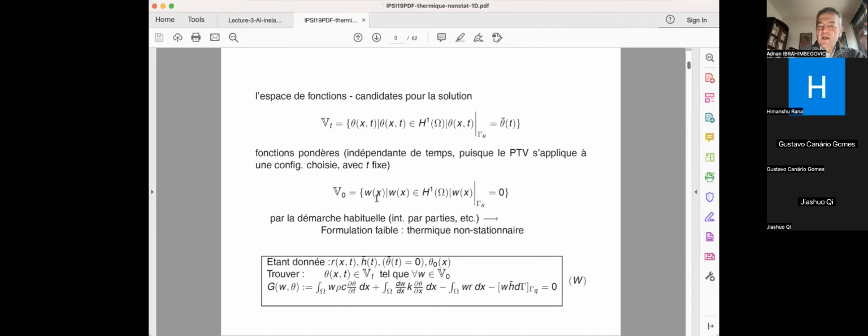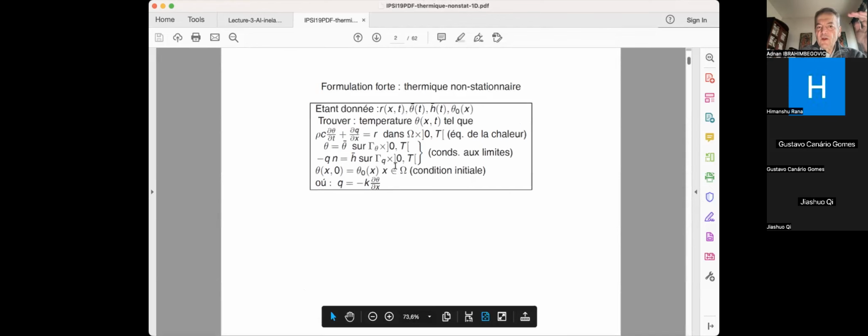So basically, I take the interpolation of w just as a function of x. And again, it's square integrable, with the first derivative also square integrable. And the value of this function at the boundary gamma theta has to be equal to 0, just like a weighting function in mechanics. At the place where I impose displacement, this virtual displacement has to be equal to 0. It's the same story. So now I plug this into the weakened form of the evolution equation,